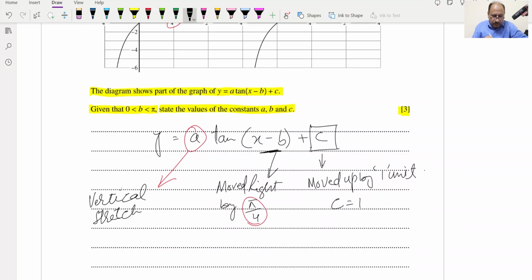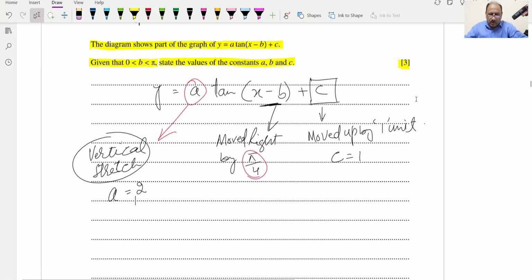So this is showing a vertical stretch, and the a value is equal to 2, basically doubled. So our final equation will become y is equal to